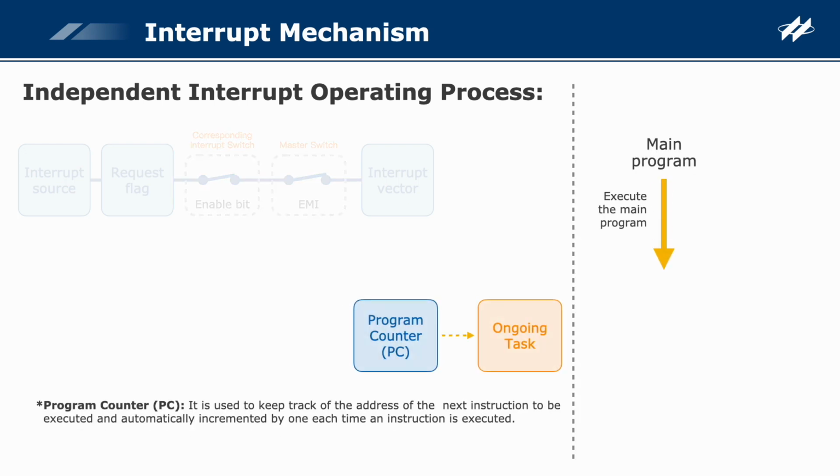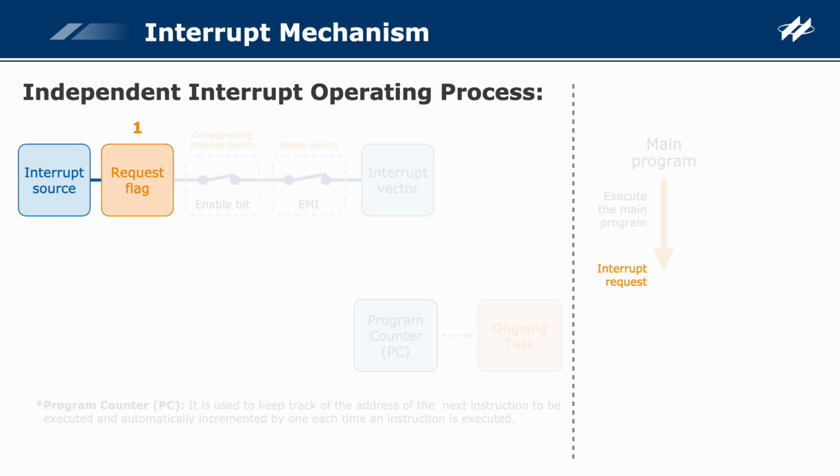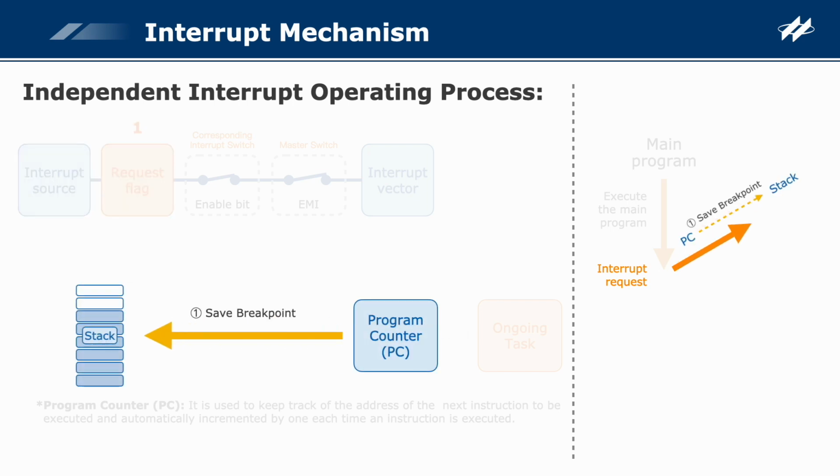Assuming the CPU is executing the main program, and the program counter points to the address of the next instruction to be executed. At this time, an interrupt request is generated, and the corresponding interrupt request flag is set to 1. Next, the CPU suspends the execution of the main program. In order to save the current program execution location, it is necessary to save the value of the program counter